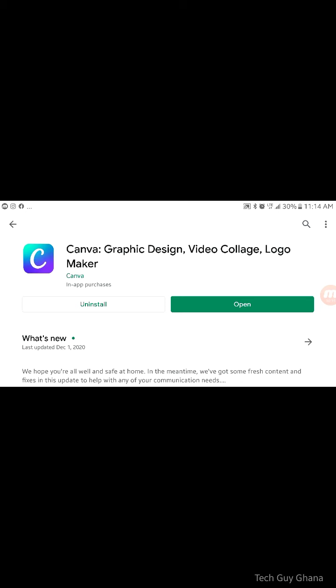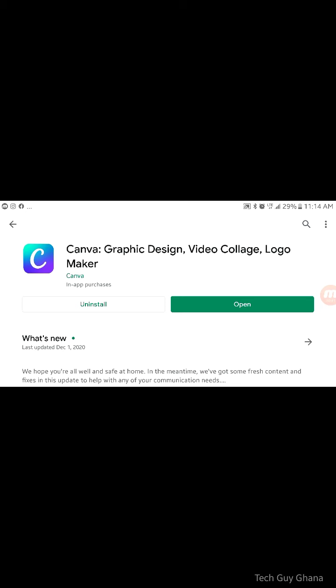Yeah, so today, as I said, we'll be talking about how to design event banners, posters, flyers, logos, YouTube thumbnails, Instagram story pictures, whatever, anything about graphics that you want to create, just in 5 minutes on your smartphone. And first of all, the app that you have to download is Canva. You have to download Canva from Play Store. So as you can see, that's my Canva. You have to download and open Canva from the Play Store.